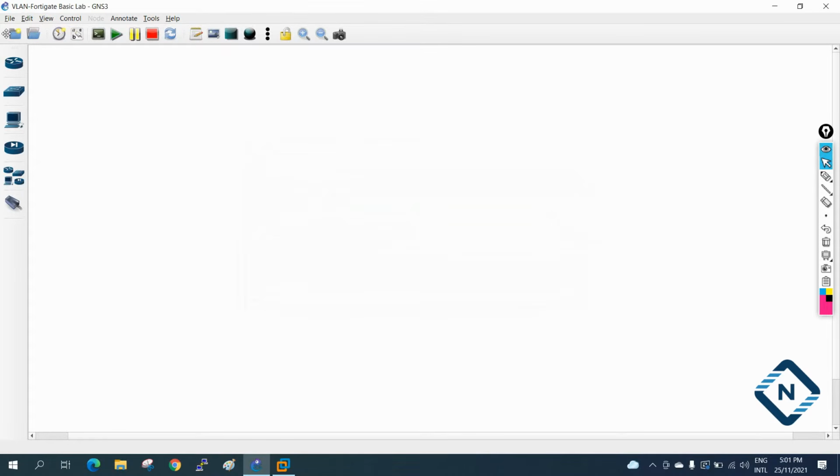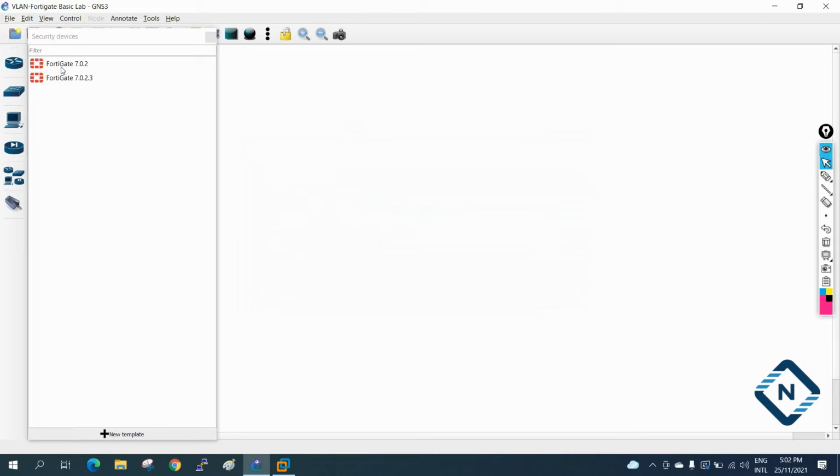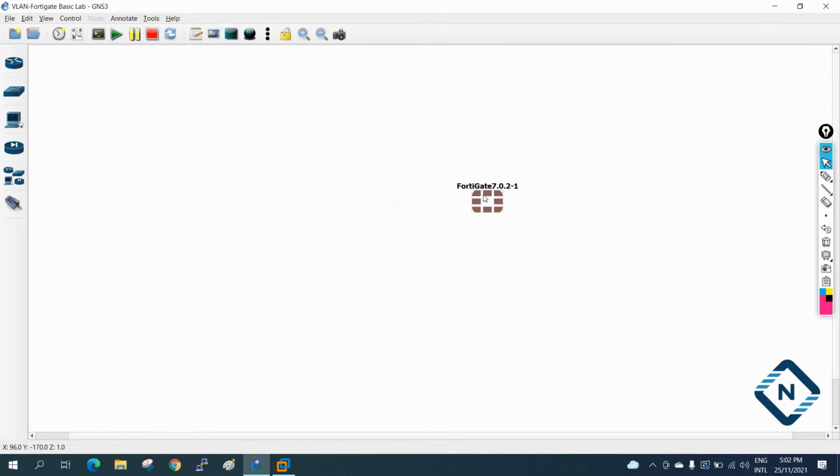In this scenario I will take one firewall. Click this one, I have the firewall here, I will take this FortiGate, both are the same. So this is one firewall. If I want to rename this one, I will rename it as FW, just a shortcut, FW means firewall. This is my FortiGate firewall.